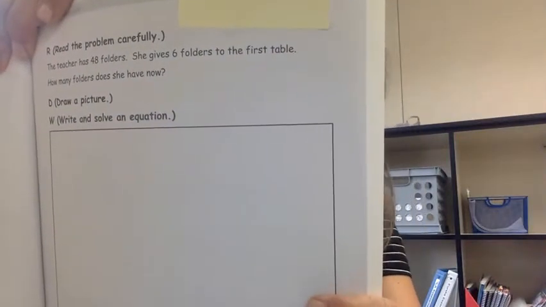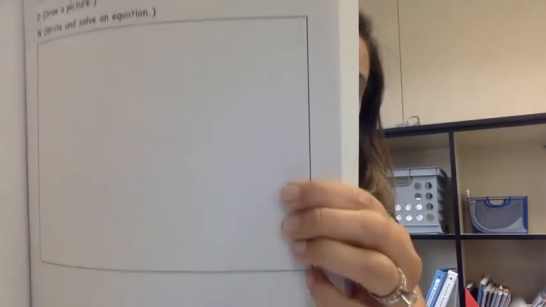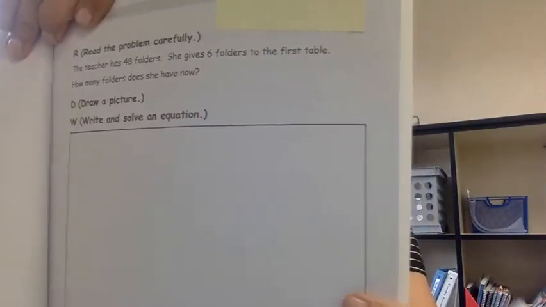Now today in math, you're going to do what you did in first grade. Read the problem, draw it, and then write it. You guys remember RDW, read, draw, write. This is the application problem. So you'll want to do this slowly and take your time. Now on the next page,